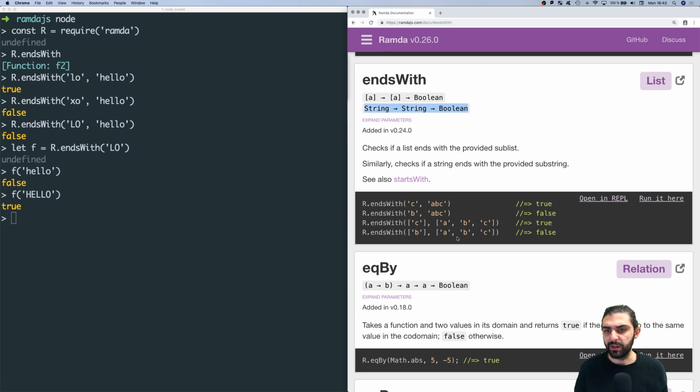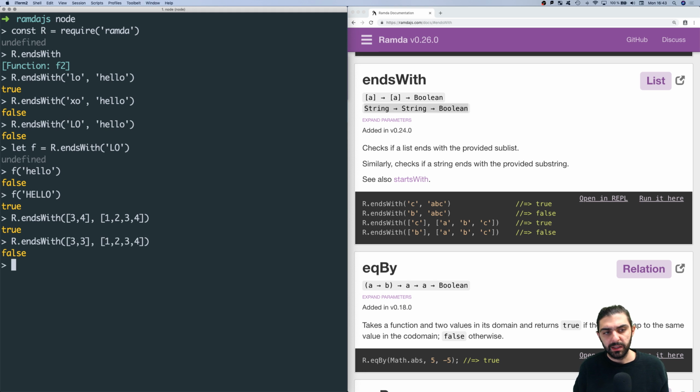And as per their examples here, you can of course also just use lists of things. So we could say R ends with, let's say, if we have the list 3, 4, for example, and then we're asking whether the list 1, 2, 3, 4 ends with 3, 4, then that's true, right? But if we ask whether it ends with 3, 3, then that's false, because that's not what the list 1, 2, 3, 4 ends with. And of course, we could have done this with, I guess, arbitrarily